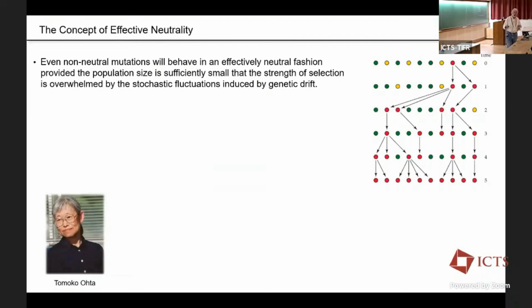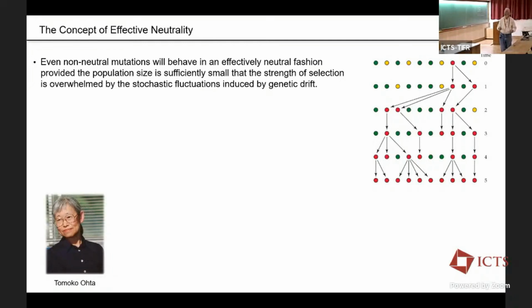And then this is sort of a guiding principle that'll underlie a lot of what I have to talk about today. There's this concept of what we call effective neutrality. If the magnitude of selection operating on a nucleotide variant is smaller than the power of random genetic drift, then the noise in the evolutionary process just wins.